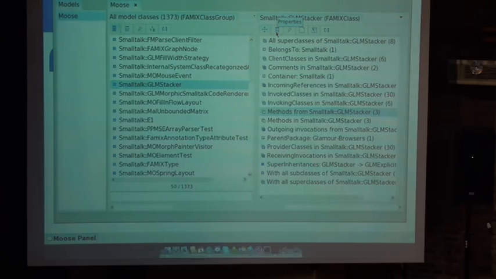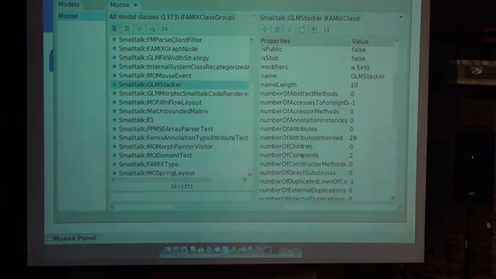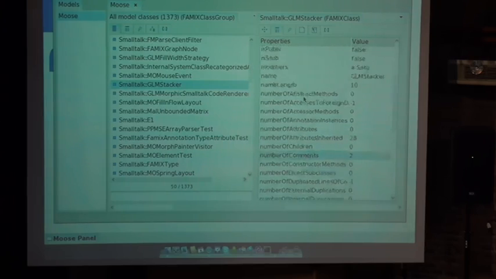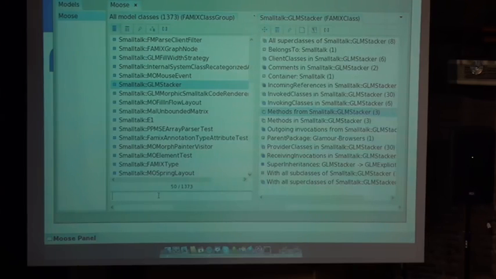So in the class here, I have properties that are related to, for example, the number of methods in the source code, in the particular class. So I have 3, I saw that. There are 0 attributes. There are 2 comments in total, and so on and so forth. Okay, so that's something I can do. So now I saw, for example, oh, okay, I have number of methods as a property. So then I can just say here,